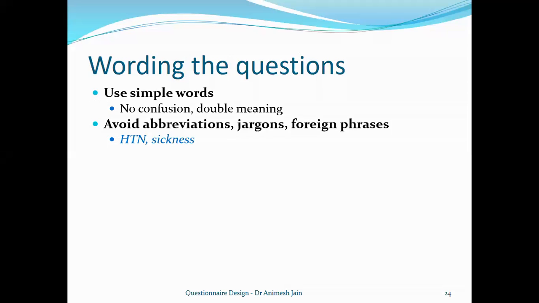Now, if I were to ask somebody, are you feeling sick? Now, especially in this part of the world, in the Indian subcontinent, when we say sick, people will think that I'm not feeling well, I'm feeling ill. But you ask this in America, and you say, are you feeling sick? And they will usually understand that as feeling nauseated or feeling like vomiting. Now that's the difference. So you need to understand what context.